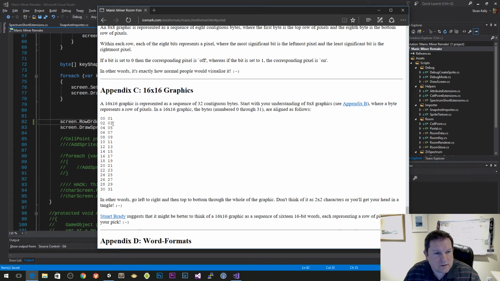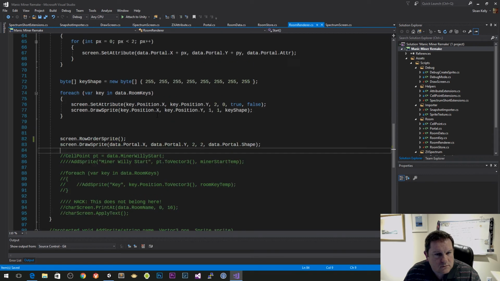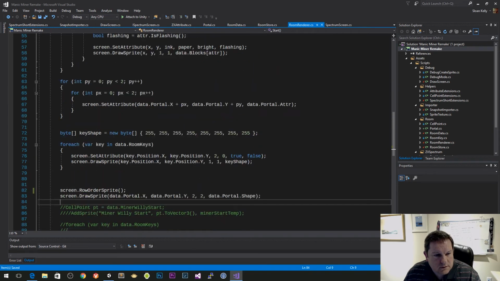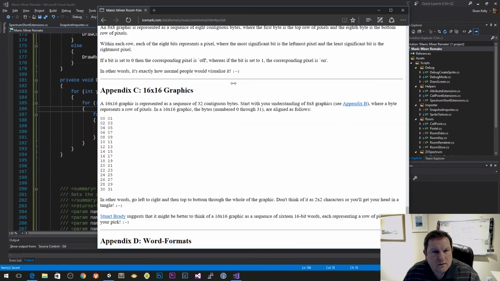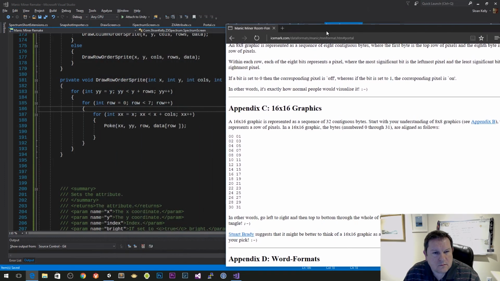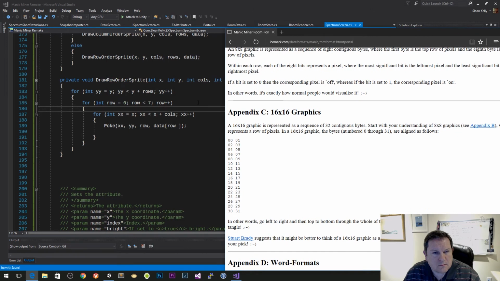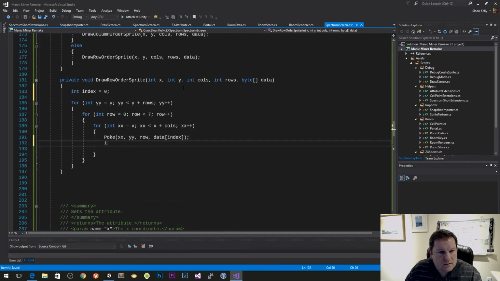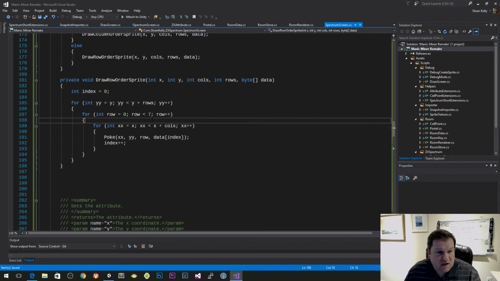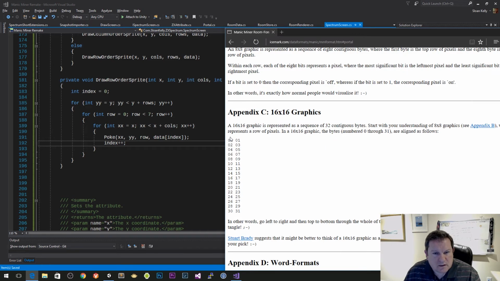So 0, 1, 2, 3, 4, 5, 6, 7. So I am doing it as, maybe I just have that as an index. So if I do int index equals 0, and then that's going to be index plus plus, and we just add 1 to it, and then we just keep adding it that way rather than trying to be clever about it, because we're going to do that for each row. So that's going to give us